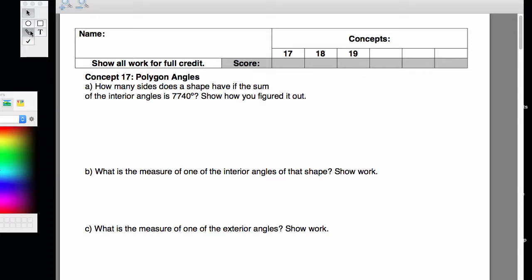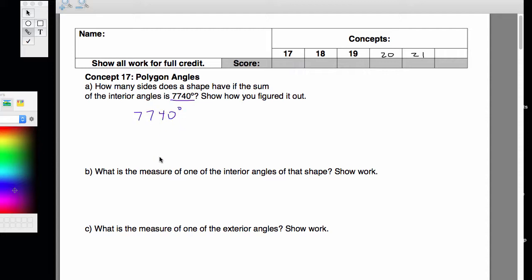All right, today we're going to talk about the concept quiz that has concepts 17, 18, 19, 20, and 21 on it. Let's start out with concept 17. In this one, we're asked to work backwards. I gave you the shape, and it's got